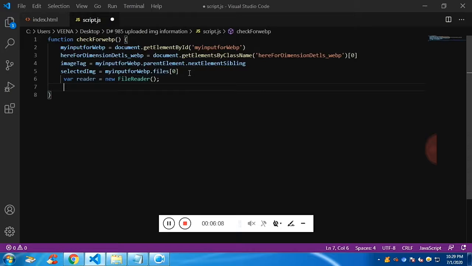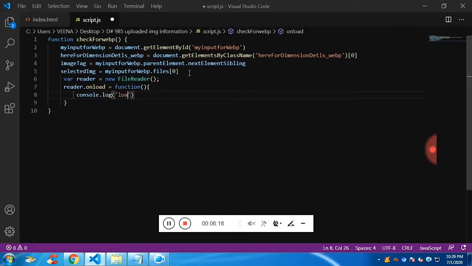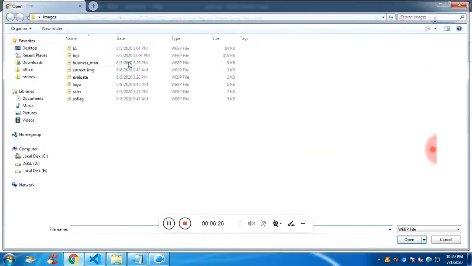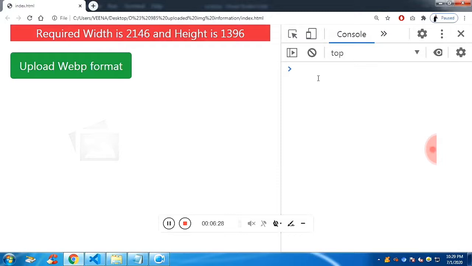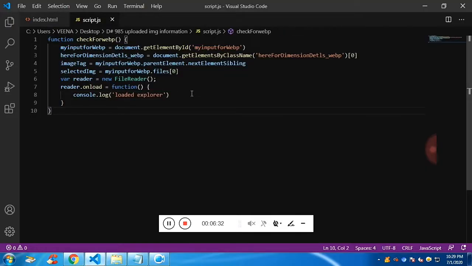And this reader, when the reader is loaded, what I need is I want a function to get executed, and that function will simply replace our image with our selected image. So when you click on a button, the reader is getting called, and once the reader is getting called, it is going to run this function reader.onload. So in the reader.onload,